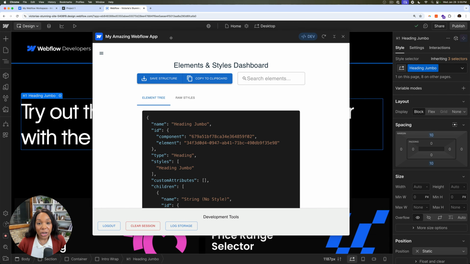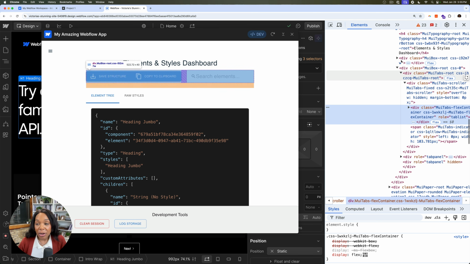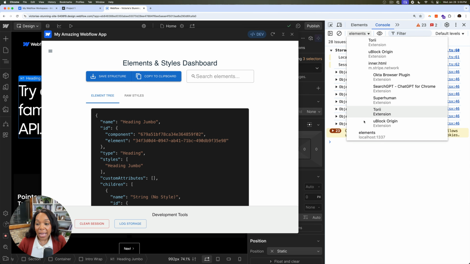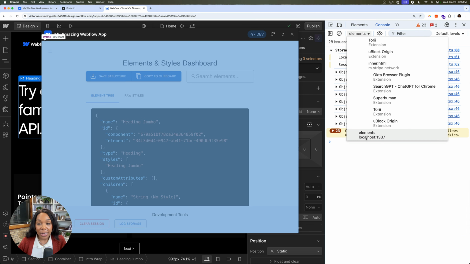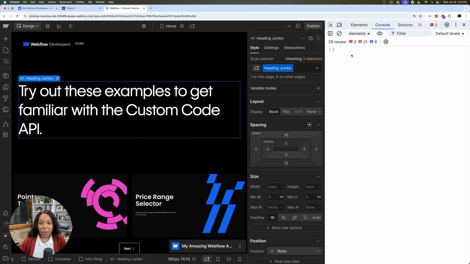One nice thing that I want to show about designer extensions and kind of just in development mode is you can actually use the designer APIs straight from the console. And how I do this is I inspect my designer extension, and then over in the console, my local host will be selected. And from here, I can start using the Webflow APIs. So let me minimize my Webflow app, and let's start using the Webflow APIs to get a selected element. So we'll say